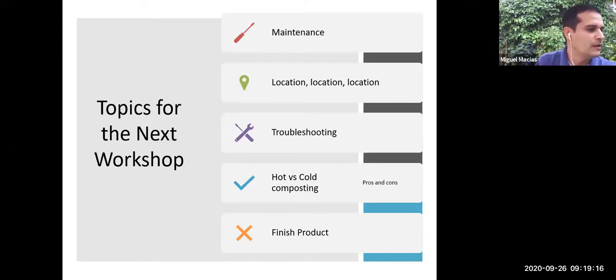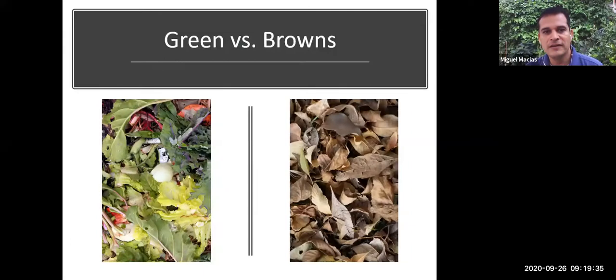And to show you, I have some compost here. I don't know if you can appreciate it in the camera, but if you just see it laying around, you would think that it's just some dirt, right? But anyways, it's compost and it's rich in minerals, pretty much all the plant essentials for the plant. So I'm going to be focusing on green versus brown. This is really important terminology because there's a way that you need to mix this so that you can get the fast result